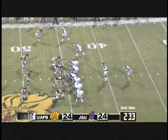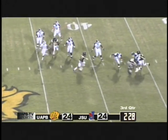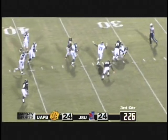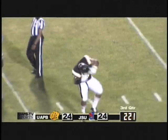Second down, a long 2 here for Jackson State at their own 45. Play action. Look out, and sacked, I believe. He's still on his feet. You're going to need help. This is a big quarterback. But nevertheless,